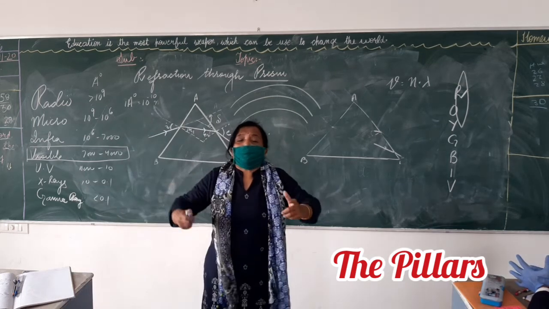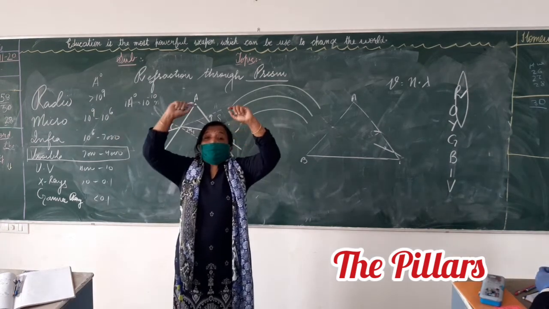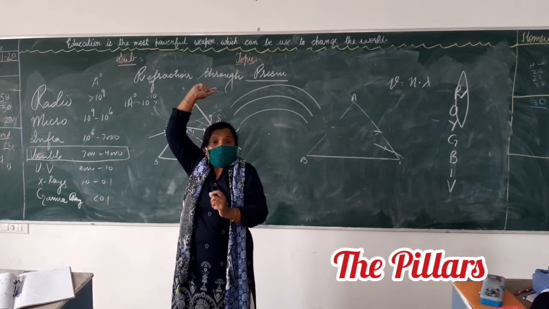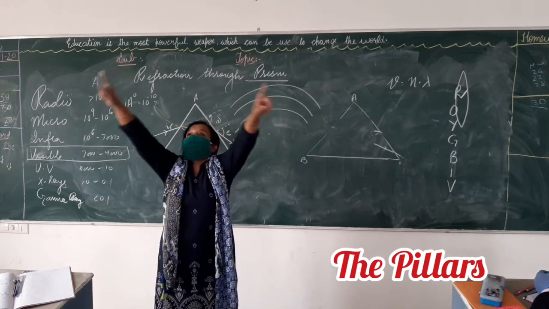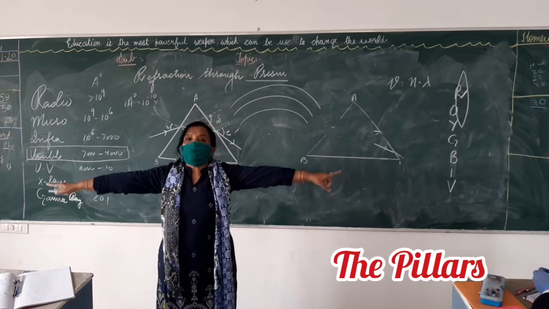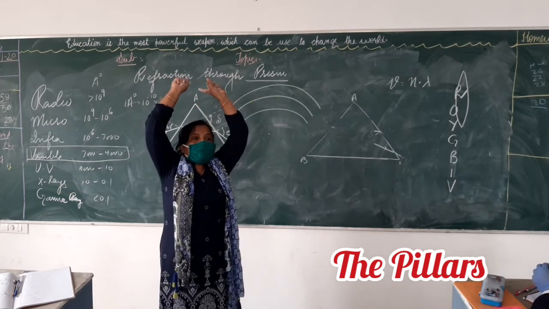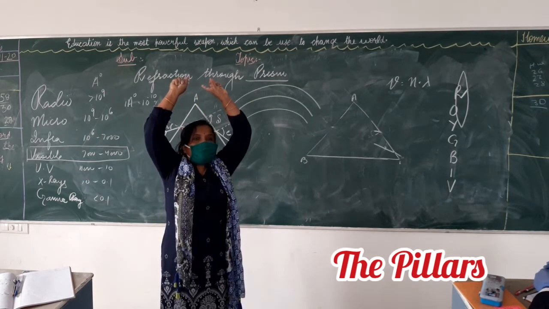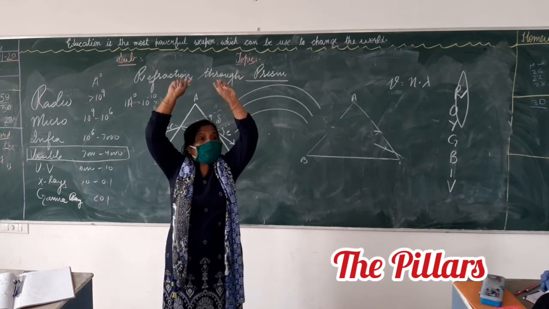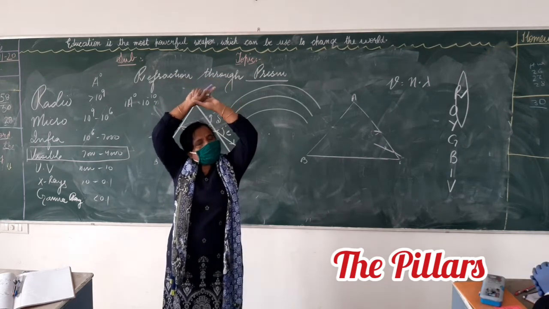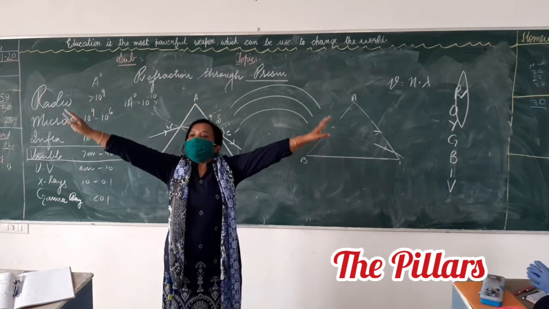When can I see the rainbow? Opposite of the sun. When the sun is behind me, right? And then only I can see the concentric circles with the center as the sun at the back. No, the sun should be compulsorily at the back. And then we see only half of the rainbow, a very small portion. Now, clear?